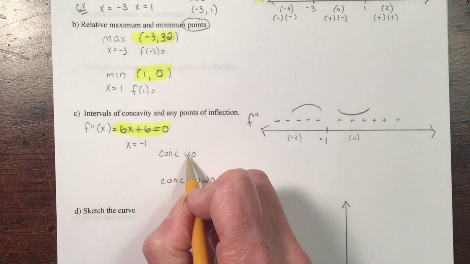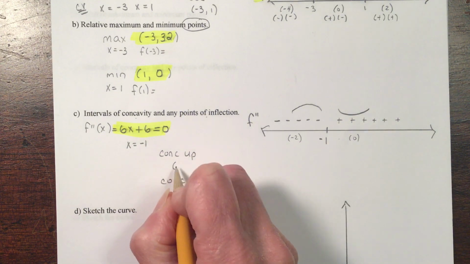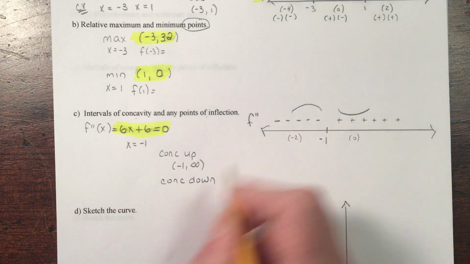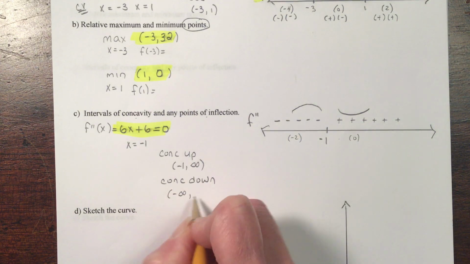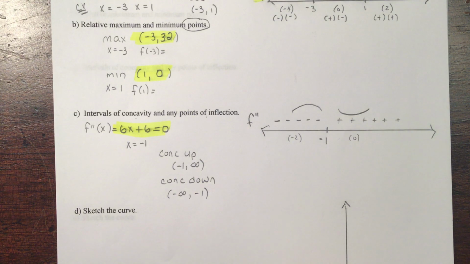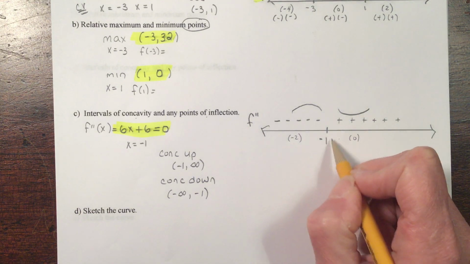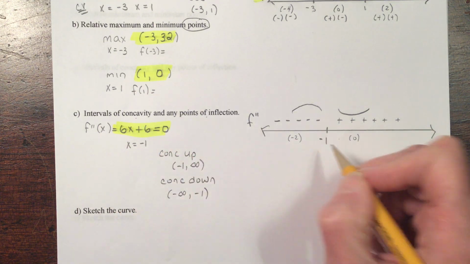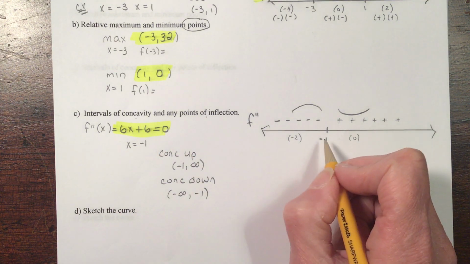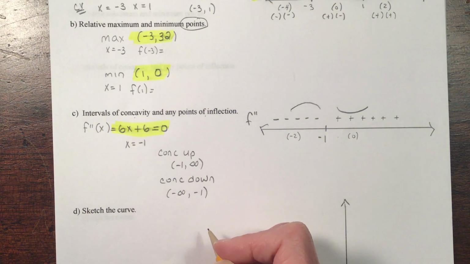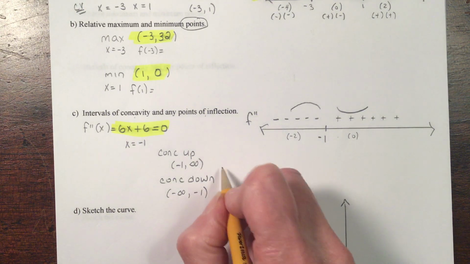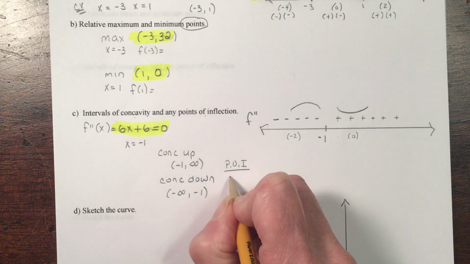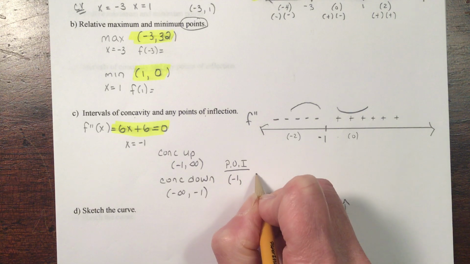My function is concave up from -1 to infinity. My function is concave down from -infinity to -1. And since this value, this test number, so to speak, we don't call these critical values anymore. This is a test value, but because I got it by setting the derivative equal to 0, I should actually have a point of inflection here, and I'm going to find that point of inflection by plugging -1